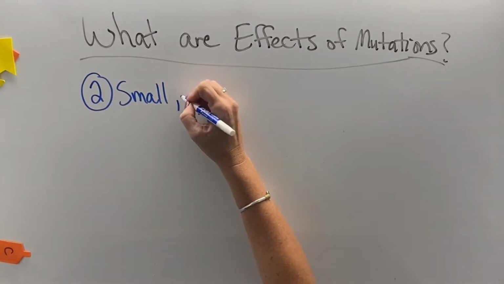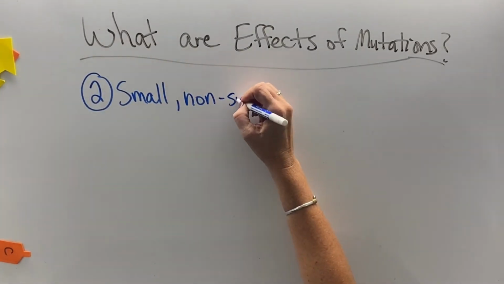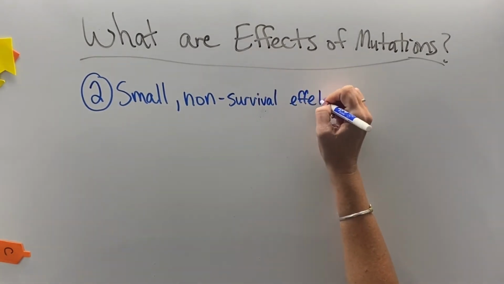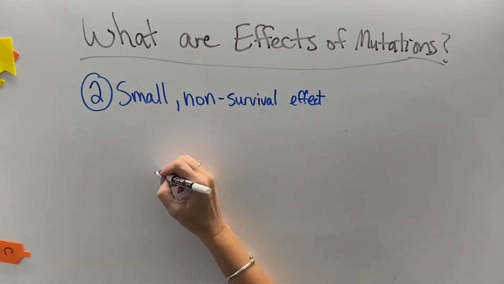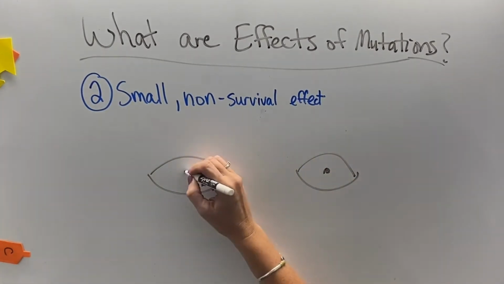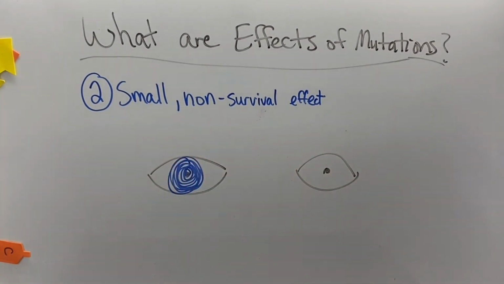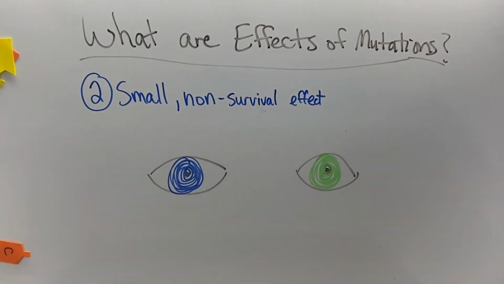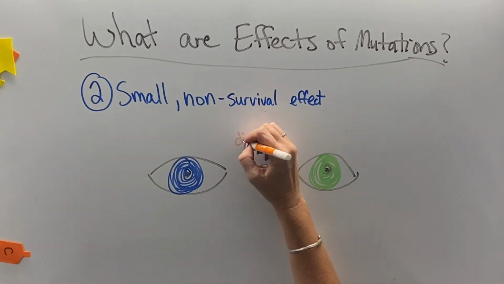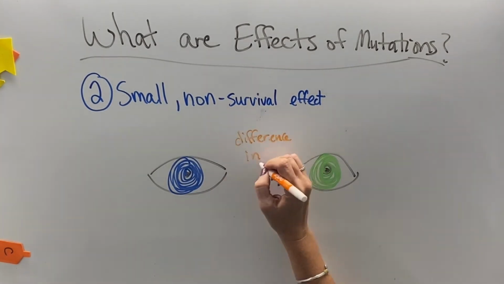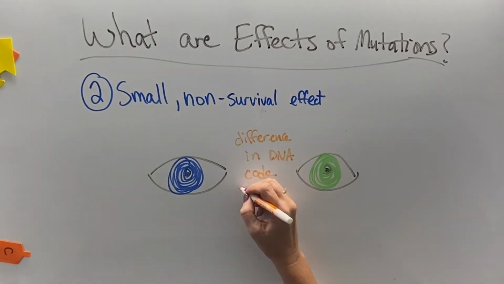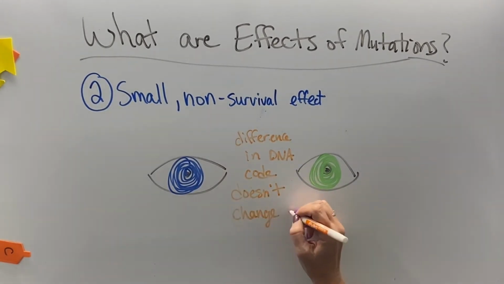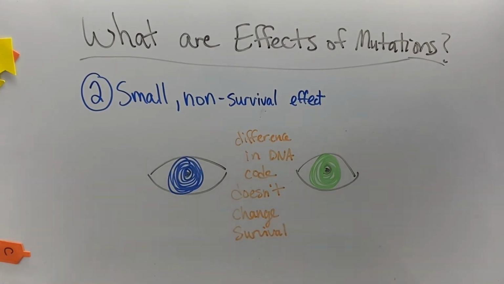The second thing that can happen when there is a mutation is that a small, completely non-survival affecting trait can come about. For example, once upon a time, there were no humans with blue eyes, and then somebody had a mutation that happened on their DNA that caused their eyes to have a little bit less melanin, and they had blue eyes. And it wasn't a big deal, and nobody really cared, and they couldn't survive really better or worse than anybody else. And so now it's just a different genetic code that we can pass on and inherit from our parents, pass on to our children. Blue eyes, green eyes, brown eyes, doesn't really matter.